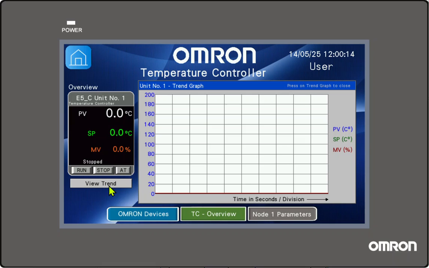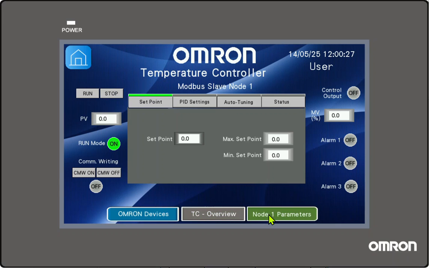And we have this button to display this trend graph also. And here we can put the unit at run, stop, and start the auto tuning. And then we have the specific page for the unit 1.